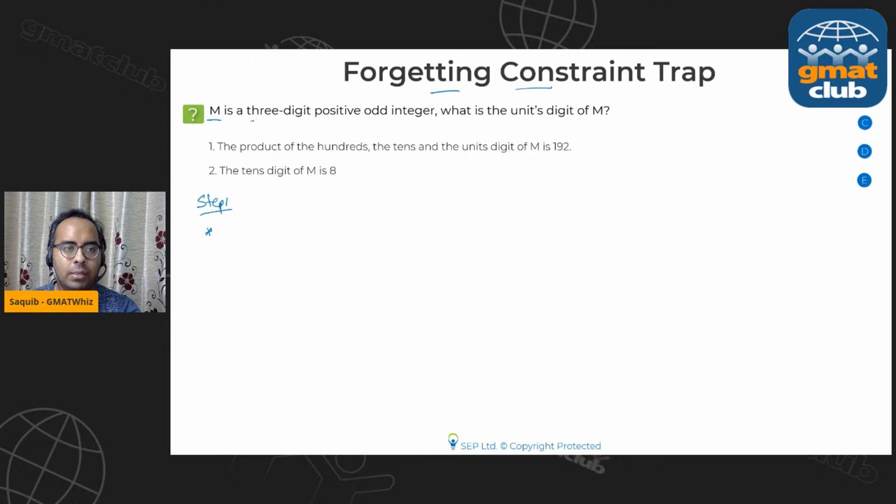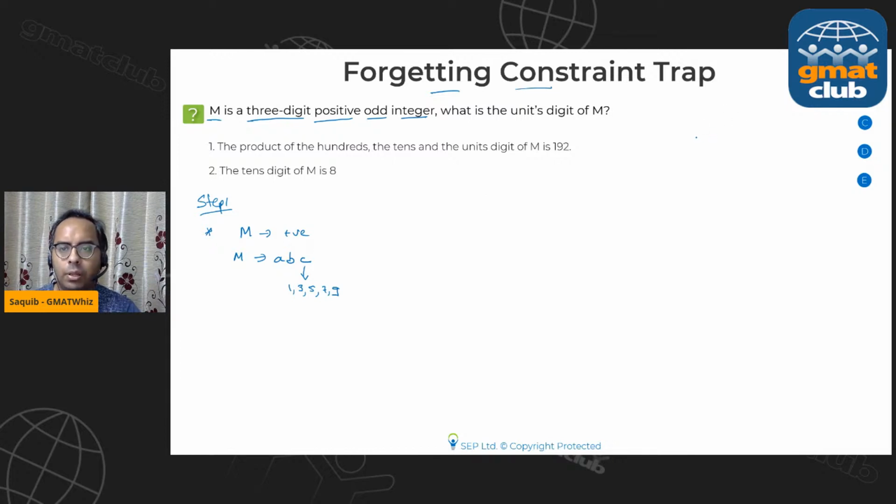It's given that M is a 3-digit positive odd integer. So M is a number which is positive, and it's a 3-digit number. If you want, you can write it as ABC. It's positive, that's fine, and it's an odd integer. So if it's an odd integer, then you should write down that the units digit would be either 1 or 3 or 5 or 7 or 9, right? Because